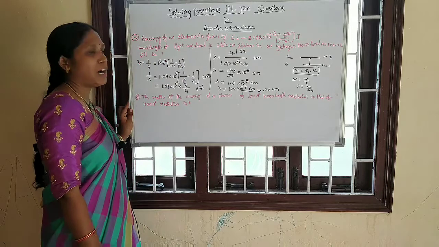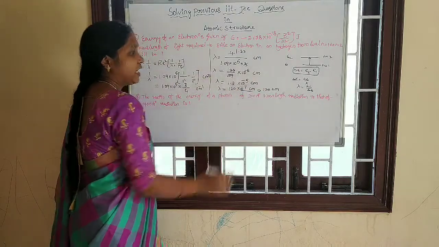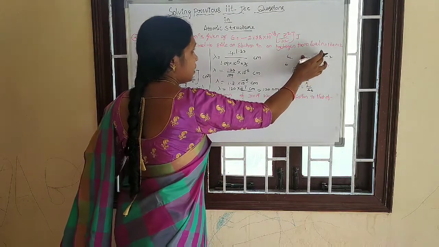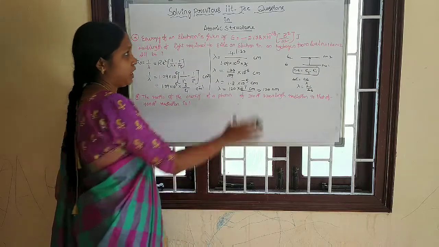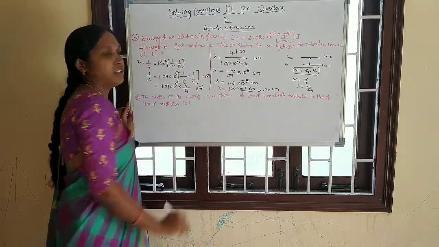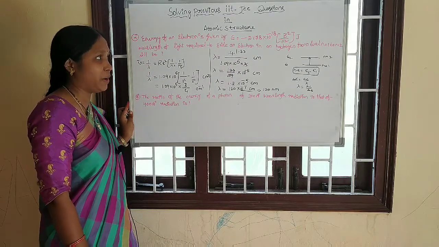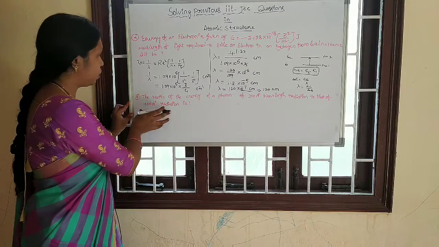So if you pass light having a wavelength of 120 nanometers, in that case the electron jumps from the first energy level to the second energy level. That is if the energy is minus 2.17 into 10 power minus 18 Z square by n square. Okay. And go to the next one.